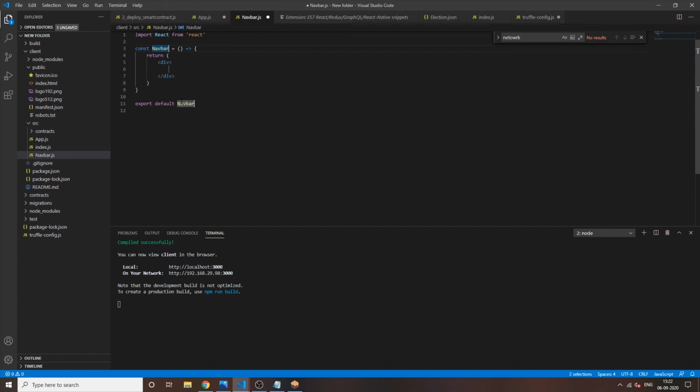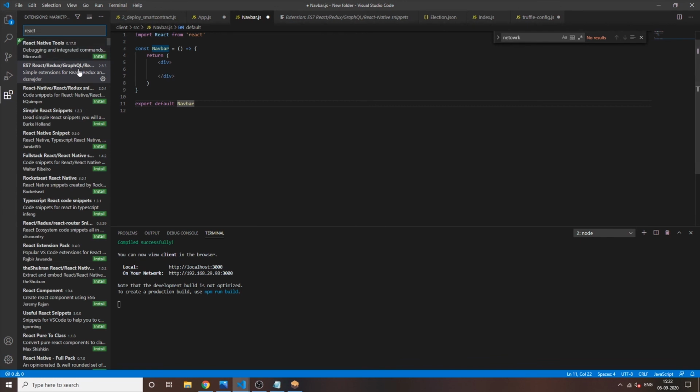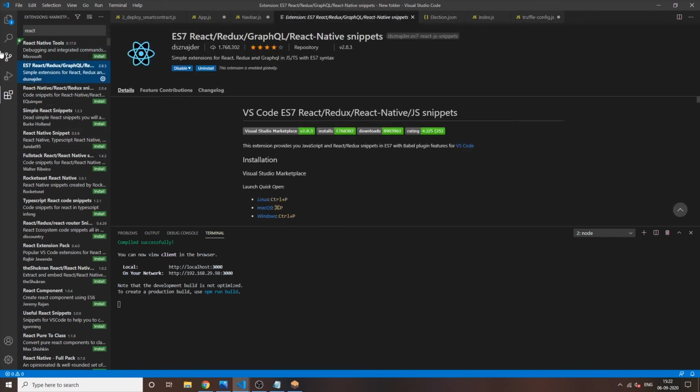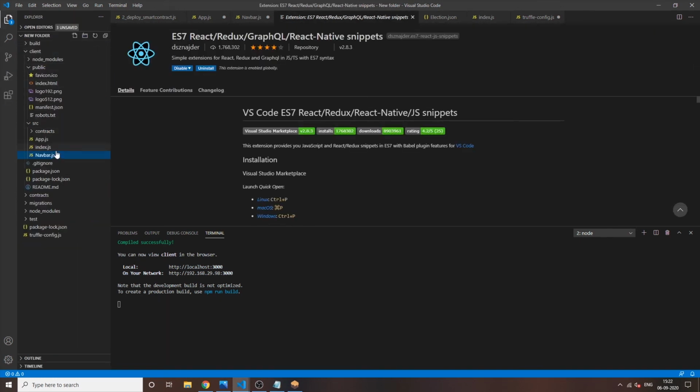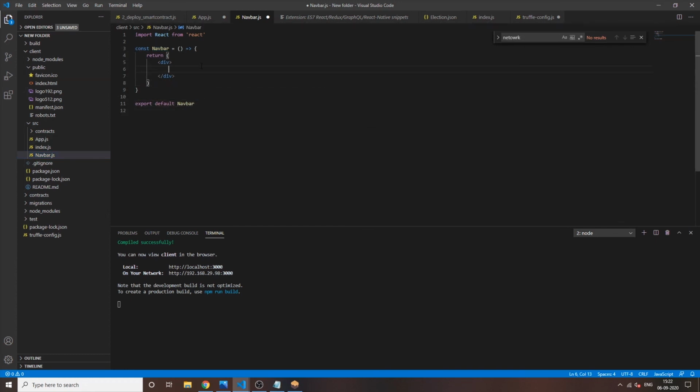Just press tab and see the magic happen. Our initial React file is generated. It's very simple because we don't have to write the code again and again, so just use this extension if you haven't installed it.